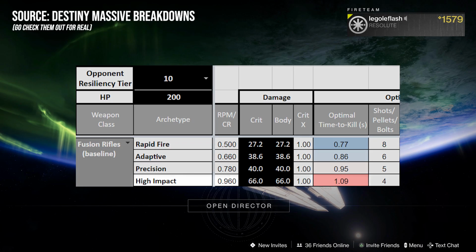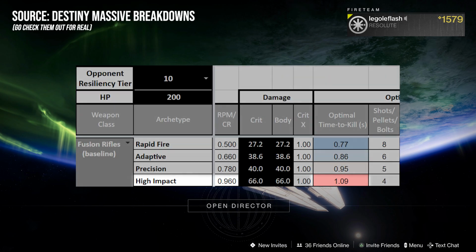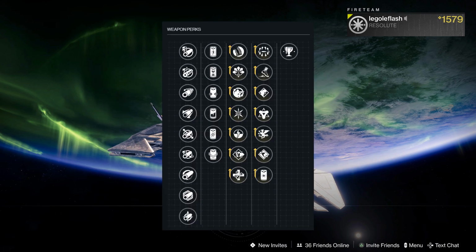Charge time really is the biggest holdup for high impacts. Yeah, you can pre-charge, but at a high level of play, you're gonna need something more, and that's where the perks really come into play. So let's dive in. We're going to focus on PvP first, but we're gonna use some of that stuff as we move into PvE. For PvP perks, we're going for one of two things, either a ton of damage or